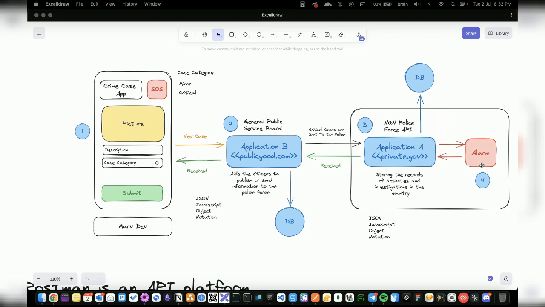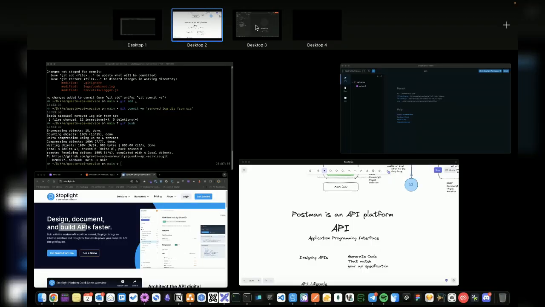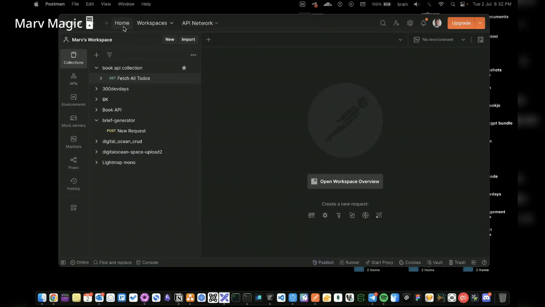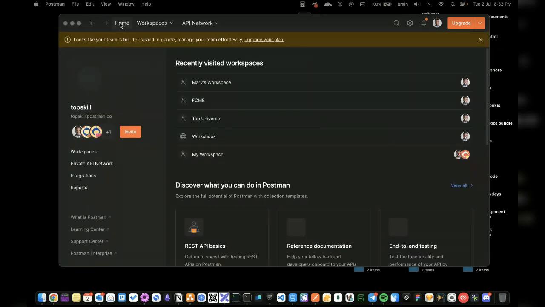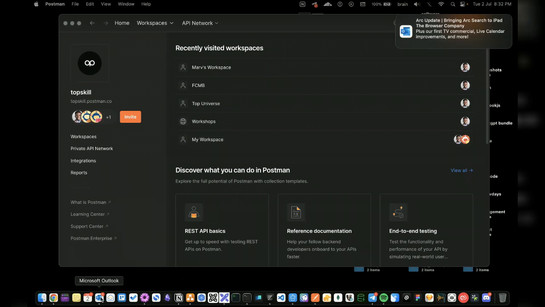Let's come back to Postman now, and let's try to look at how Postman is meant to be used. If you download Postman, probably what you will see when you open it for the first time would be the home page right here. Yes, I have multiple workspaces, as you can see. You can create a new workspace. A workspace is simply a way to organize multiple APIs, multiple collections within a particular space. And then you can invite people into workspaces. So, for example, if you work in any company, you probably want to set up a workspace and invite all your colleagues to that workspace, right?